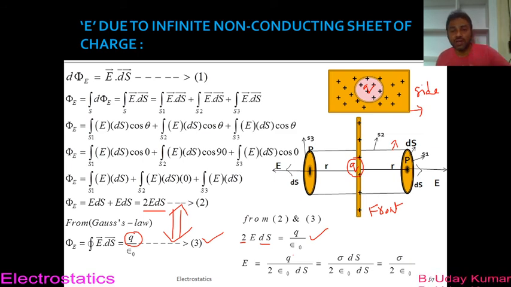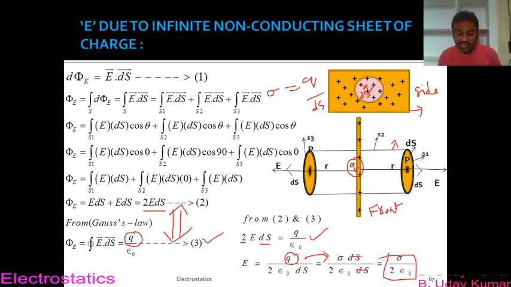Now, you already know that I have taken its entire area as ds, so this circular surface area is given by ds. If you assume that the charge present inside this cylinder on the sheet is Q, then you already know that I can write sigma as Q by ds. You already know this formula, so substitute it here. In place of Q, if I substitute sigma ds, what do you get? This ds and ds get cancelled, you get sigma by 2 epsilon 0. So this is the electric field intensity due to a non-conducting infinite sheet of charge.